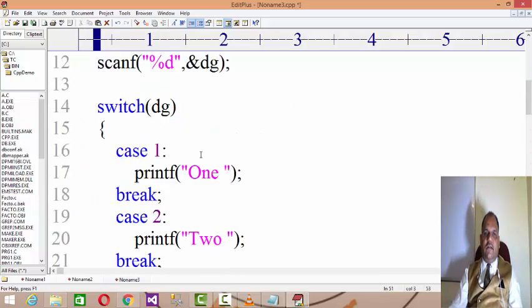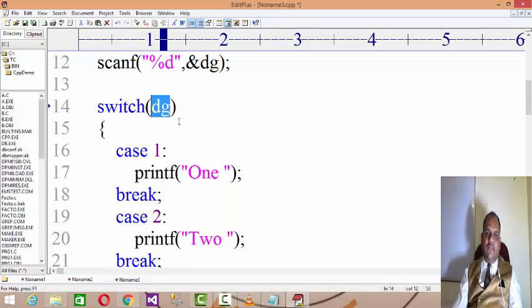Now just try to understand what actually happens whenever you enter the digit: it will switch to the block. As I already explained with the example, if you have coins of n number of types, you will pick up the coin and switch to the drawer. The drawer may have multiple branches. Depending on the size and volume of the coin, a specific coin has to be inserted. The coin may be 50 paisa, 1 rupee, 2 rupees, 5 rupees, 10 rupees.